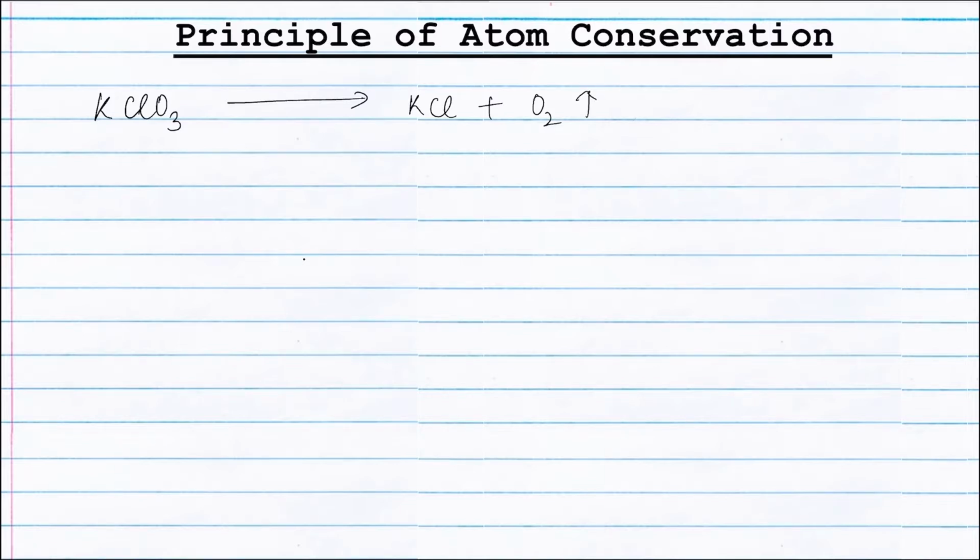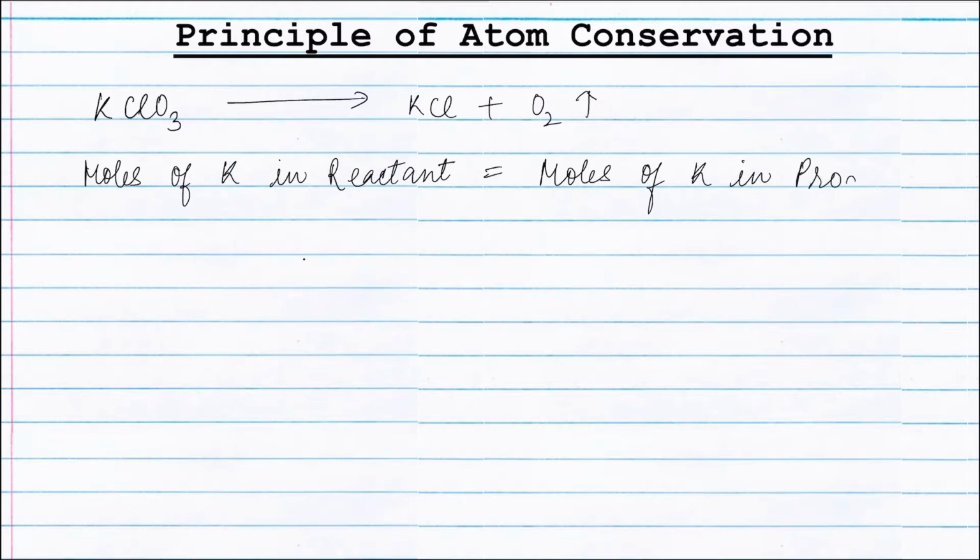Applying the principle of atom conservation on potassium atoms, we can write moles of potassium in reactant is equal to moles of potassium in product. Now, moles of potassium in reactant is equal to moles of potassium in KClO3 because KClO3 is the reactant containing potassium. So we can write